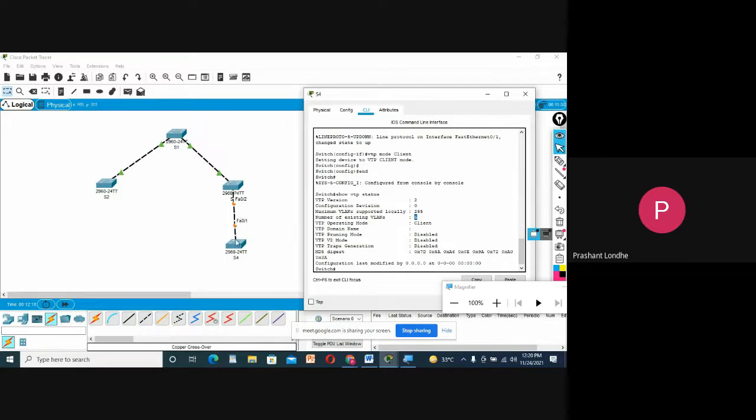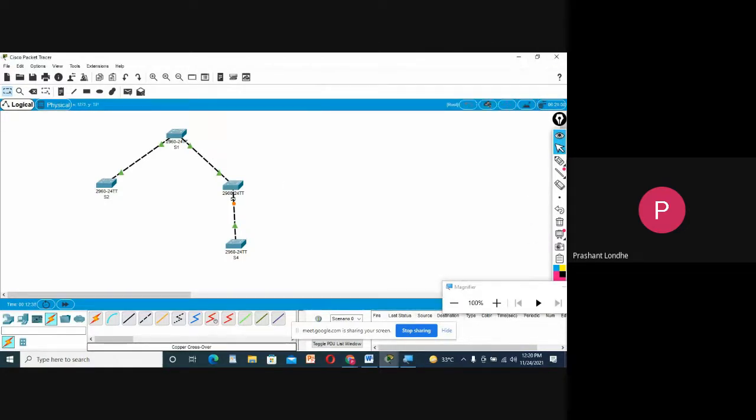It is just disconnected because this port is transparent. So this is going to isolate your entire network. In any kind of communication, if you want to isolate your network, you need to set the mode of your switch to transparent mode. So it's a very simple working, or implementation, of VTP.